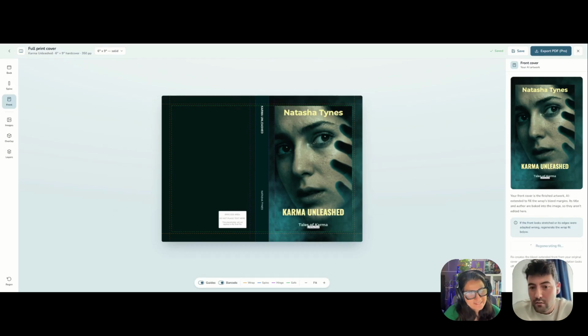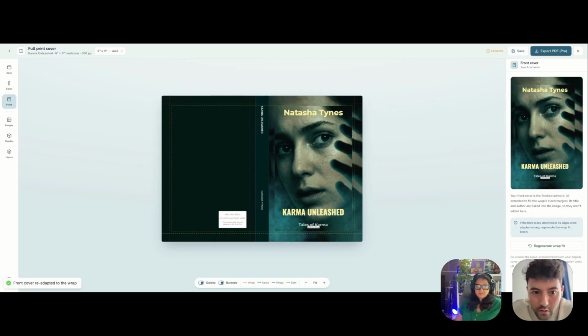You don't like the back cover color, right? Maybe some brighter color. We can change that once the front cover is done. Okay, I didn't like this either. Click on regenerate again. Last try.